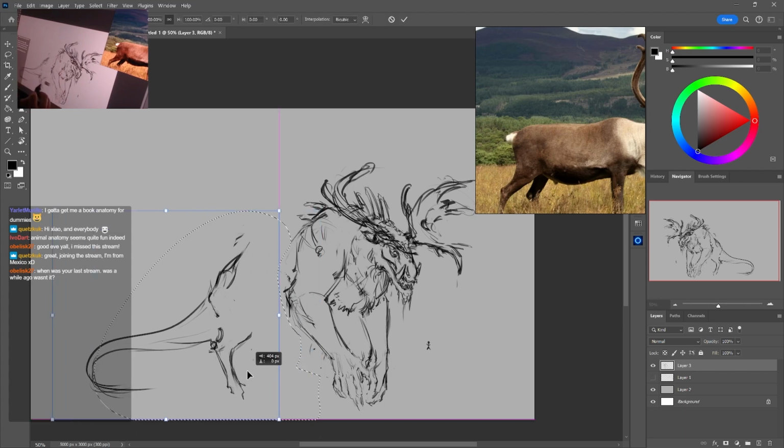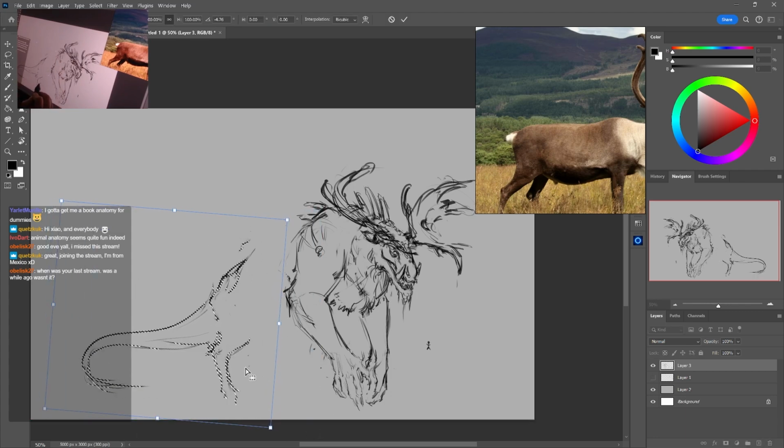I'm gonna make his body a little bit longer because I want him to look a little bit more graceful than this.